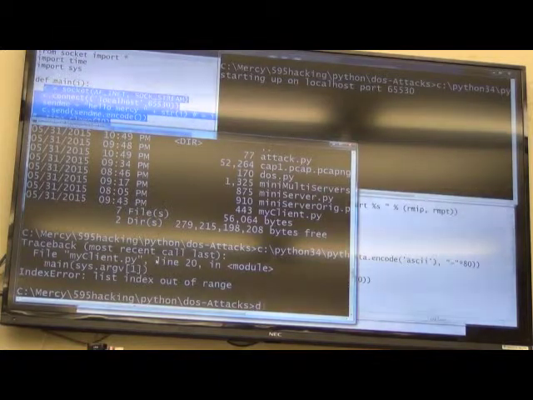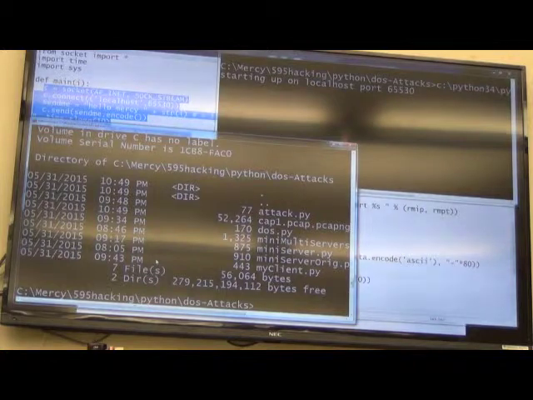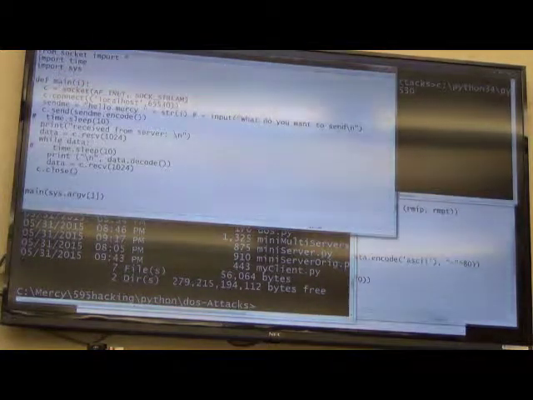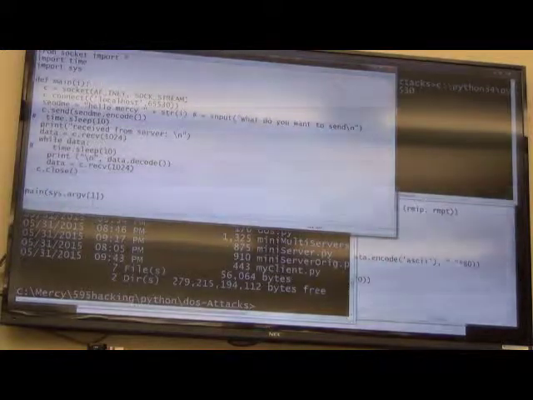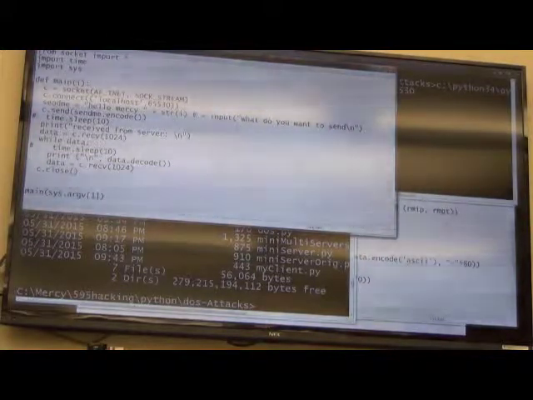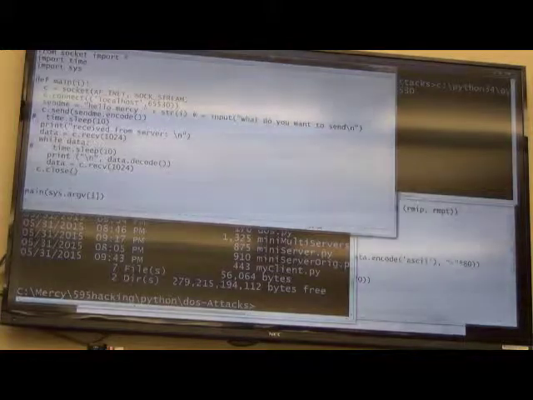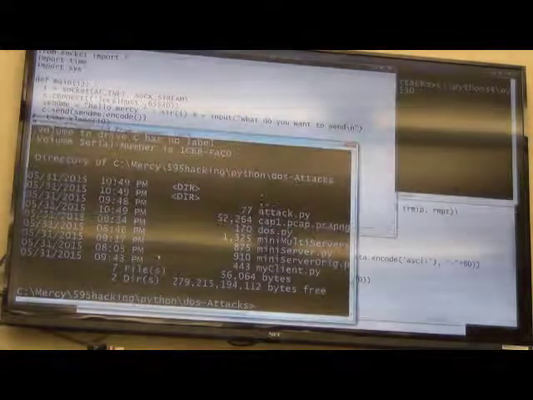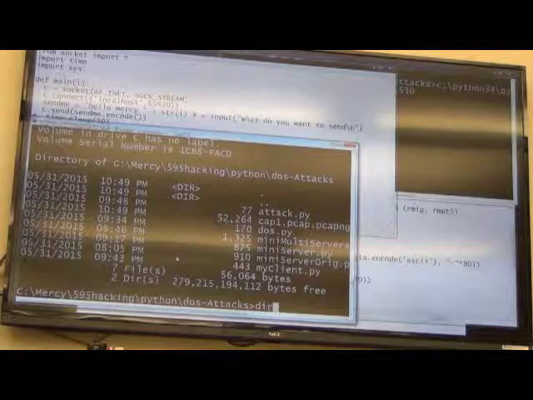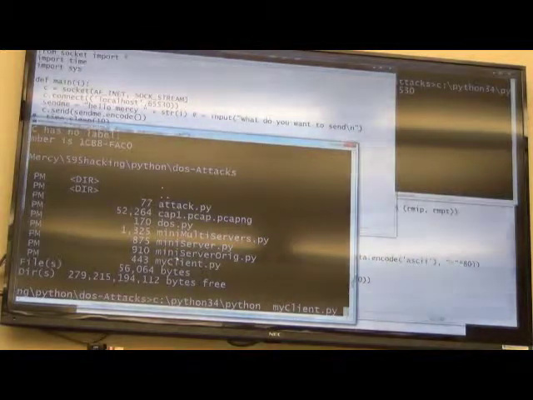Right. Okay. What happens here is that if I do this, then I can send, for example,